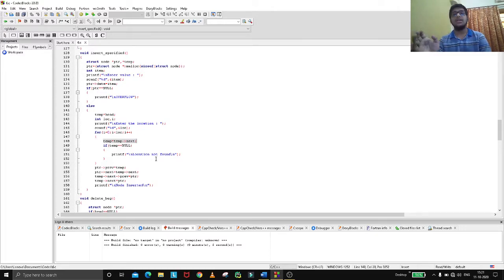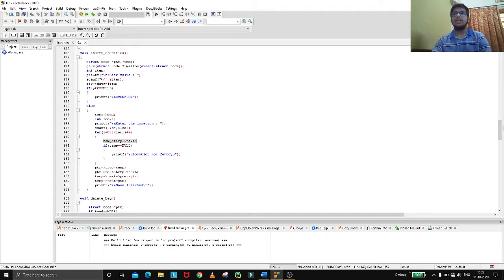Now basically in this code, a user will give an item to store in a specific location, and if the location is given as 1, it will store it based on the index value, like what we have from the beginning. First will be 0, the first node will be at position 0, then 1. So if the user gives location 1, then the new node which will be stored in the doubly linked list will be stored after location 1. So it will be stored at the second location basically.